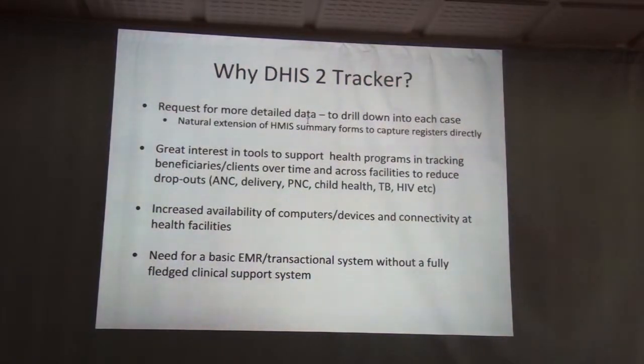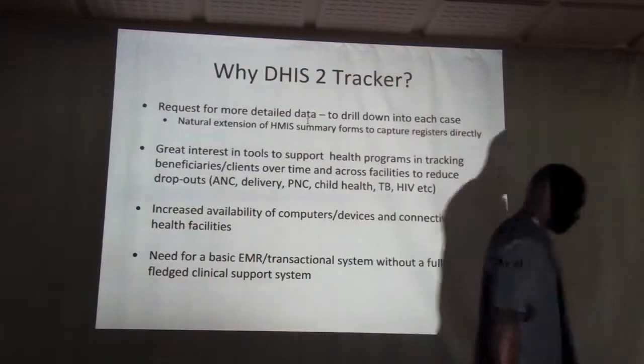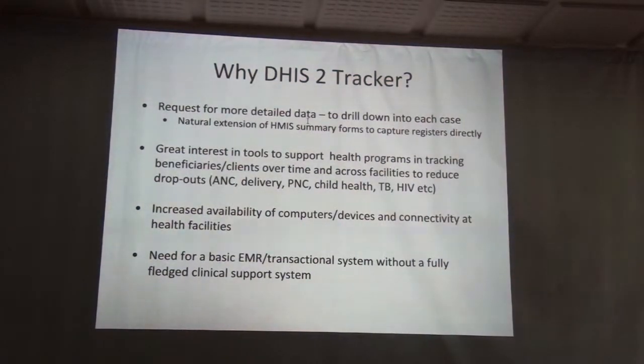So the first question is why? I mean, why did we start on this track down to patient data, individual records? The first requests that came from many of the DHIS implementations that we're using DHIS in was the request to be able to drill down